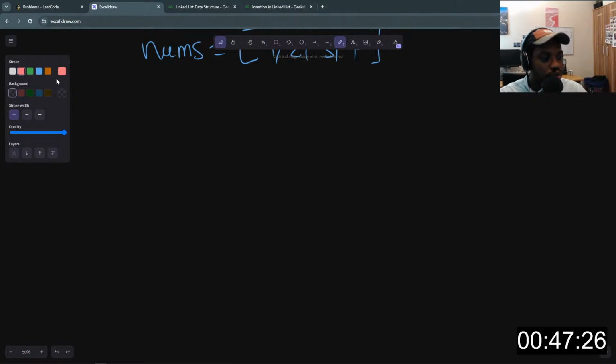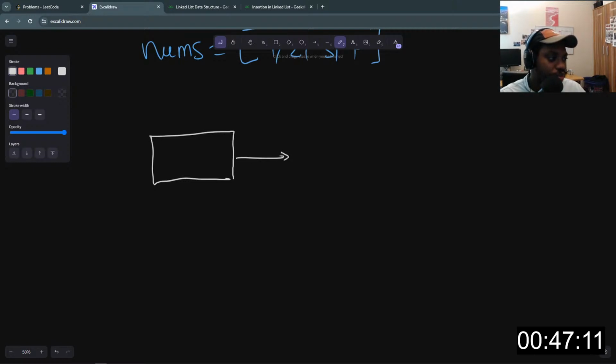I'll represent the linked list with a different color. Let me use a white color here. So we have a linked list like this. It's going to be an item pointing at a different item, and then going forward all the way